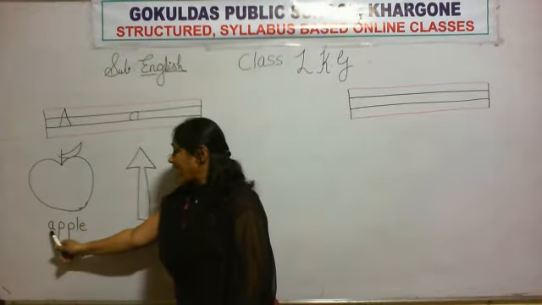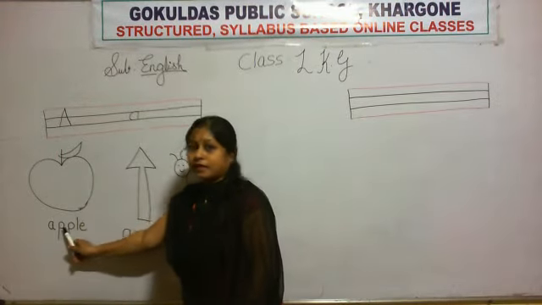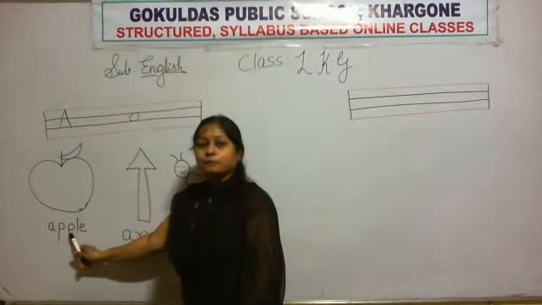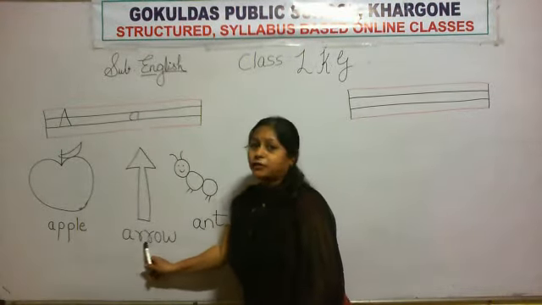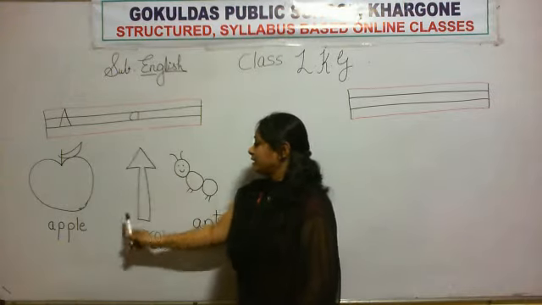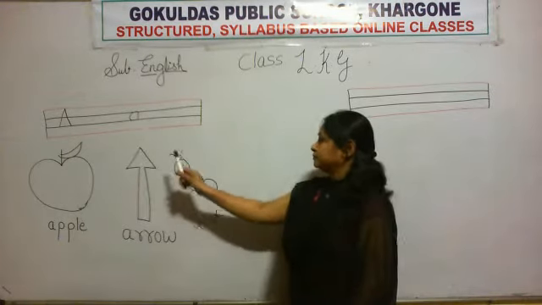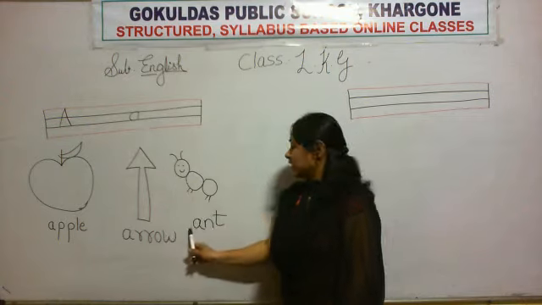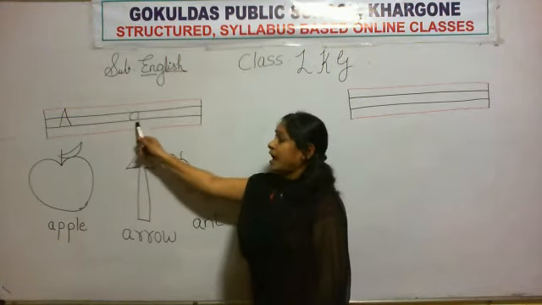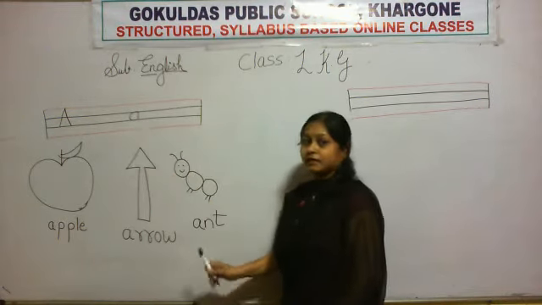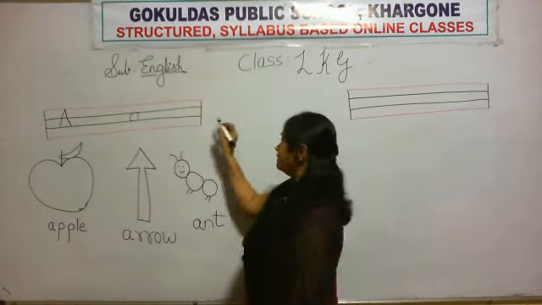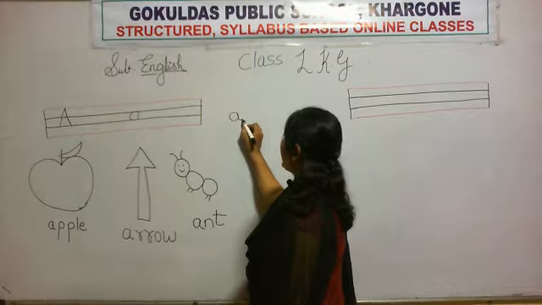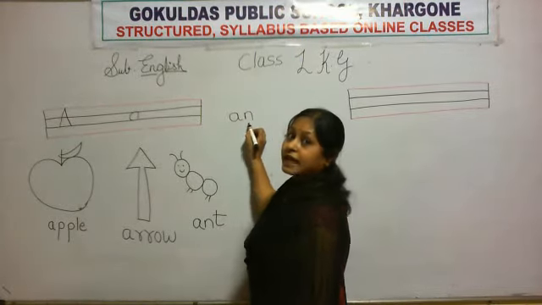Apple. Apple. Apple. Arrow. Arrow. Ant. Ant. And side words also there of an, an,